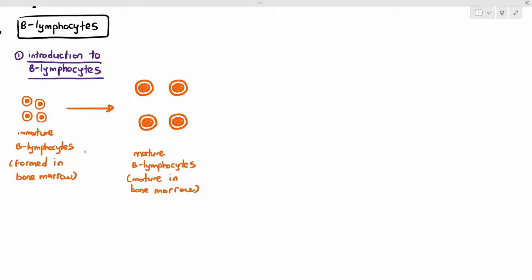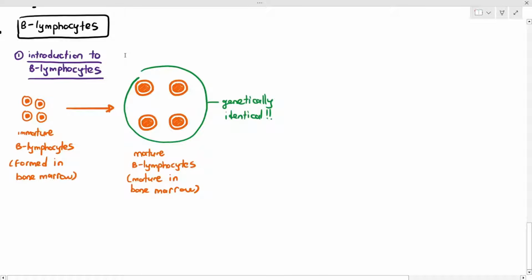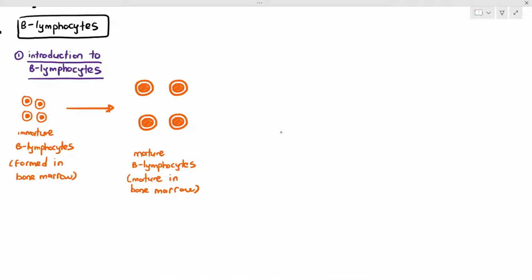After becoming mature B lymphocytes, obviously the size becomes bigger, as you can see in the comparison left and right. A very important thing I want you to know here is that these B lymphocytes are all genetically identical to each other. Genetically identical meaning, if we compare the chromosomes in the nucleus, they will have the same number of chromosomes and the base sequences in each chromosome are exactly the same. And that is why in some situations, we refer to all these mature B lymphocytes as clones,